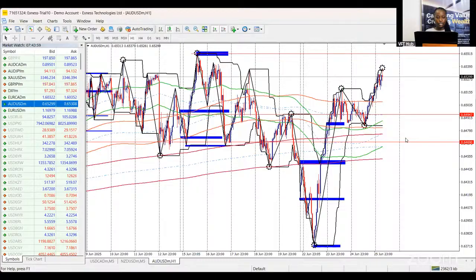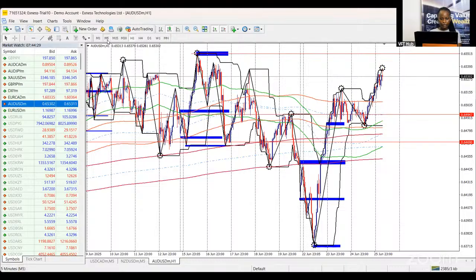And if you see confirmations to continue buying AU, to be perfect, remember at every point in time, you want to buy low and sell high. Price has been buying. Those of us who were here on Tuesday were part of the early move, lucky for us. But those of us who are watching right now, we're not looking to jump in to start buying at this particular point. You want to wait for deeper retracement so you can buy low and take it up, right? So this is 0.64947 that we're watching out for on the H1 time frame.